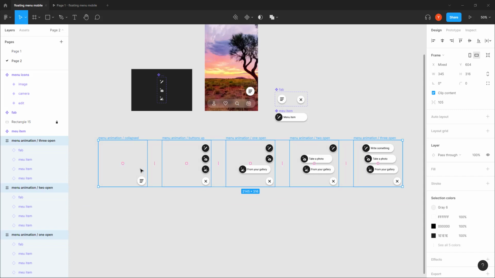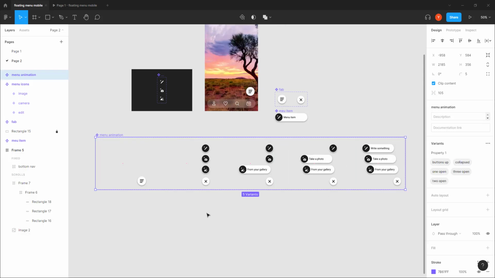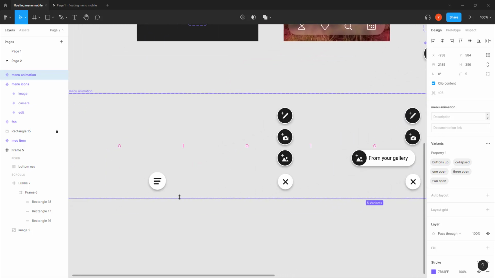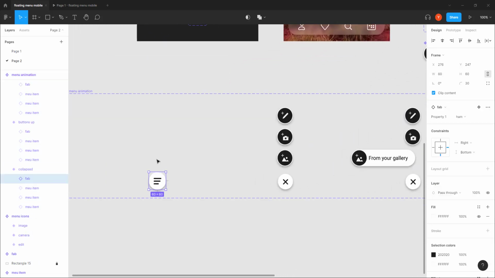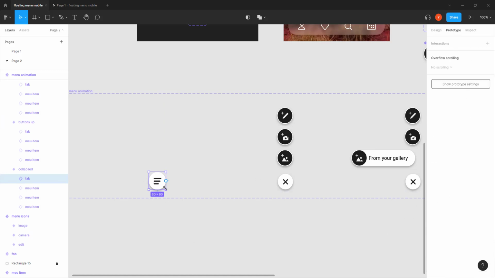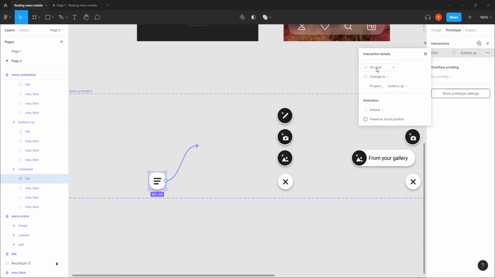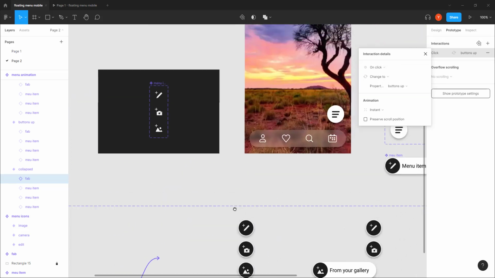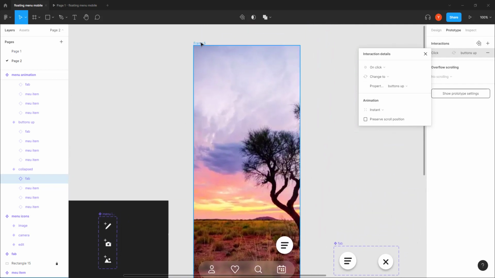We have all these frames selected now, and I'm gonna hit create component set, and now we have our component ready to go. So let's see how we are doing this. So this button, I'm selecting the button itself. I'm gonna go into prototype mode, and I'm gonna drag this arrow to this frame. And now on click, yes, by the way, on click it shows because it indicates me that this is not